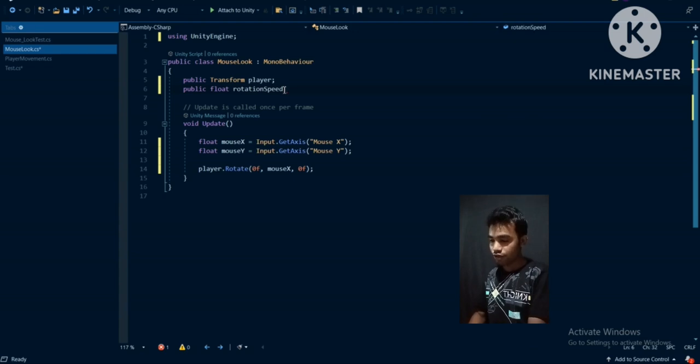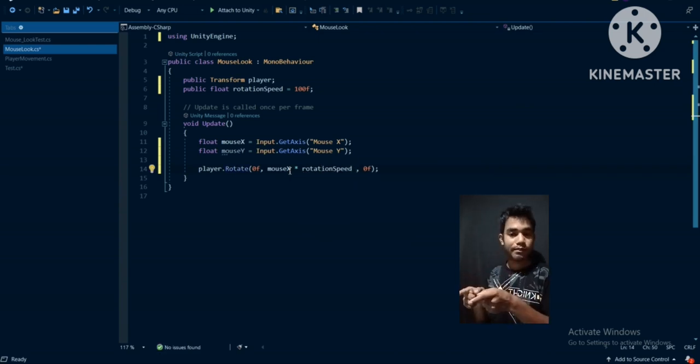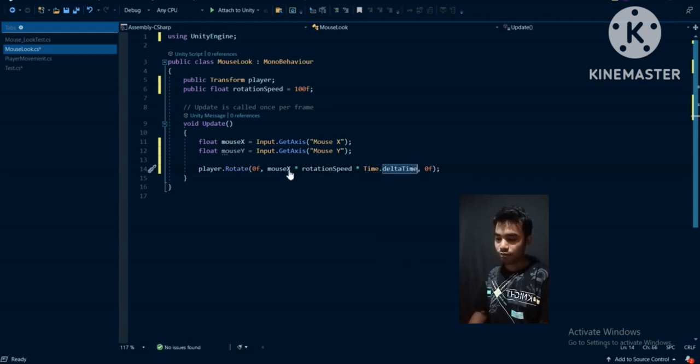I'm going to call it rotation speed, and by default let's give it 100f, basically 100 units, and let's multiply this mouse x with our rotation speed. Okay, rotation speed, and also multiply that with Time.deltaTime to make it frame rate independent. Make sure you multiply that with Time.deltaTime to make it frame rate independent, and Ctrl+S to save